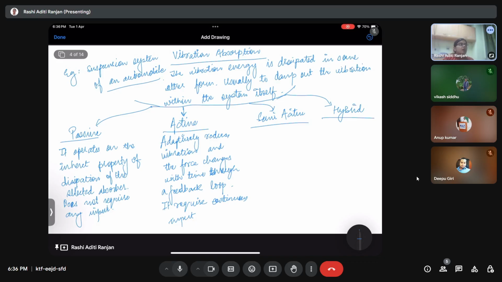If the condition is varying very tremendously with time, active is the best. And the third option is semi-active, which actually is the combination of passive plus active vibration absorption. Definitely, it gives a better advantage as compared to active or passive. Okay, so it is essentially a combination of